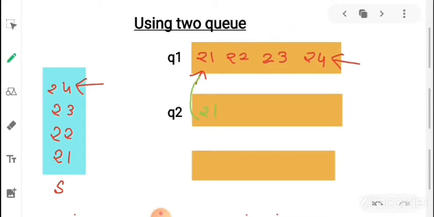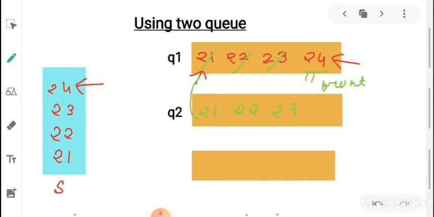So 21 will be inserted, 22 and then 23. Now only one element is remaining in Q1, so this will become the front of Q1. Now if we call the DQ function, 24 would be DQ first, as it is the only element and the front of Q1.